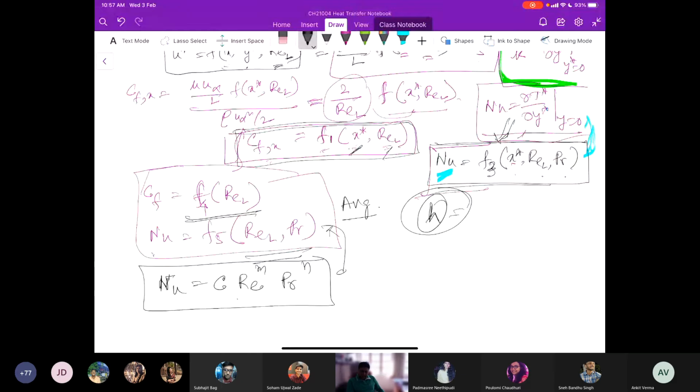That the Nusselt number can be only a function of Reynolds number and Prandtl number, the average. The researchers do experiments to relate the Nusselt number with Reynolds number and Prandtl number, and then they find out the coefficient of this function, which depends on the geometry and is a constant value. M and n are the indices that typically vary between 0 and 1 and take different forms in different situations.